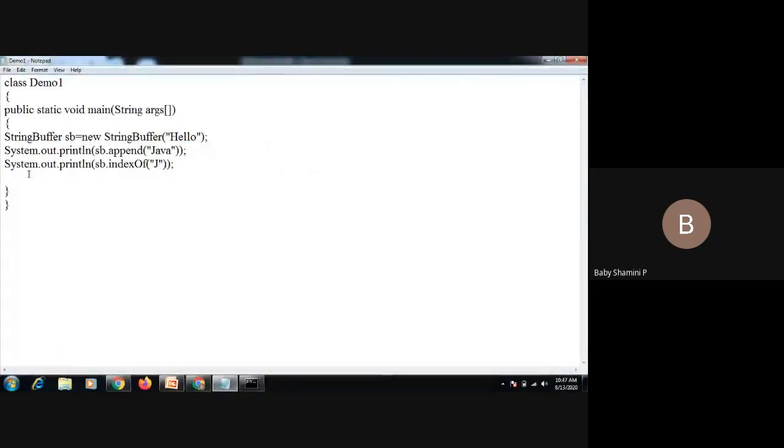And next one is charAt. How to find a particular character: sb.charAt(4). I'm going to find the fourth index character. Fourth index means 0, 1, 2, 3, 4. O is our output.